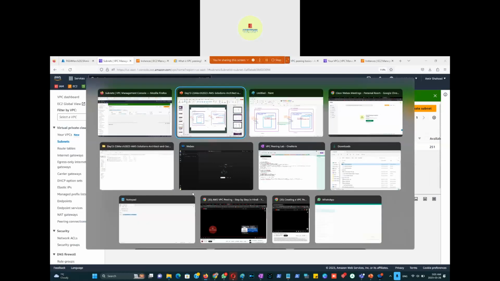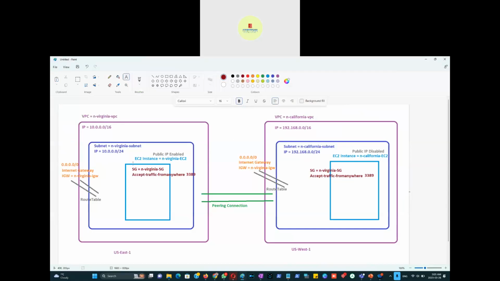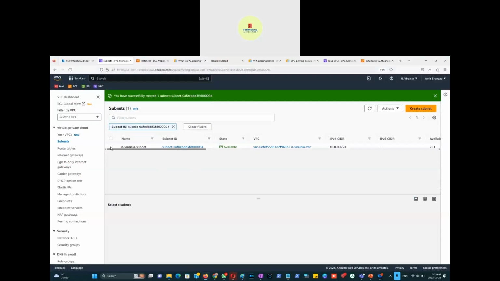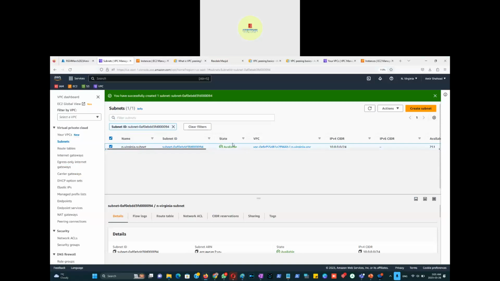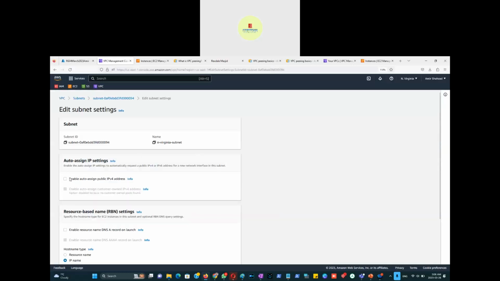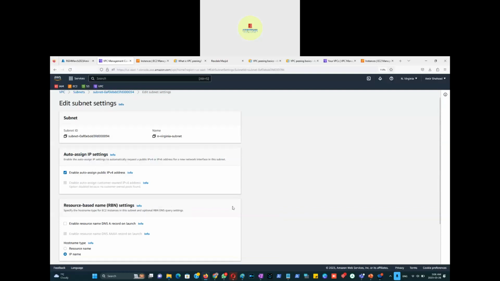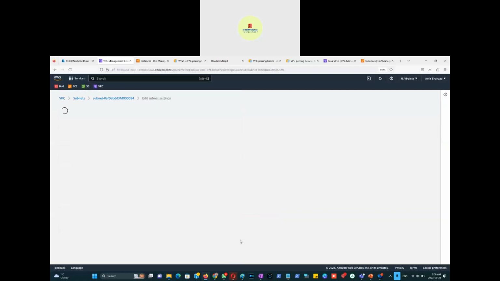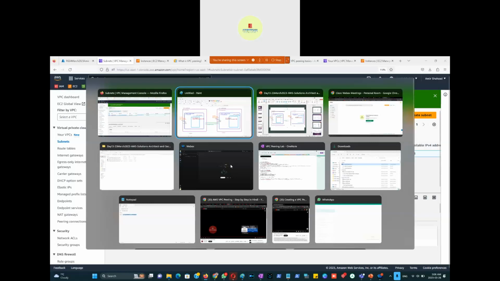Now, if we go back to the diagram here, the subnet is created. I'm just gonna check whether public IP is enabled or not. I'll go back here and select the subnet that I created. I'll go for subnet settings, and then enable auto-assign public IPv4 address and save. Why did I do that? Because